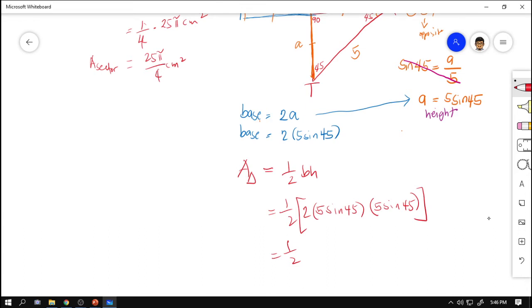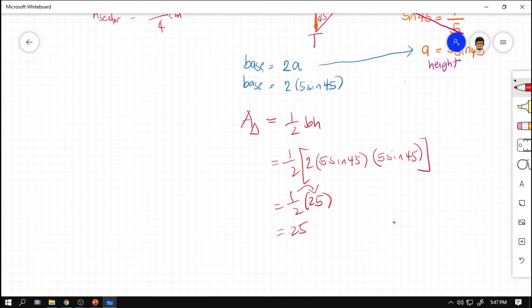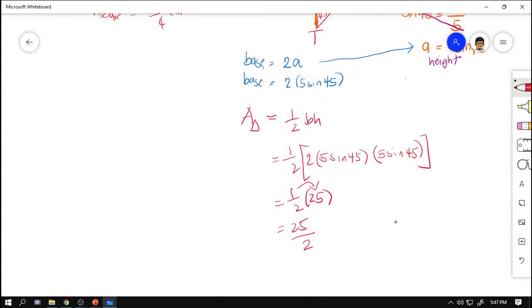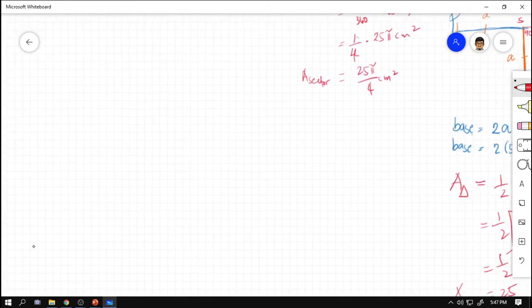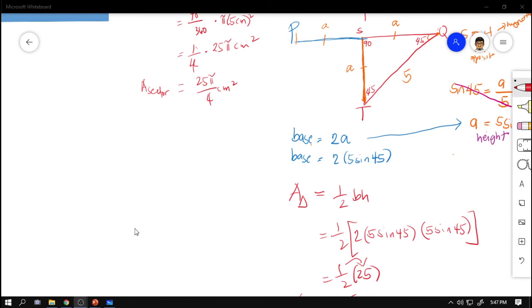Pwede mong gamitin yung calculator mo. 2 times 5 sine 45 times 5 sine 45 is equal to 25. So, pwede mo yung idiretso sa calculator mo. And 1 times 25, that is 25 over 2. So, that is now the area of the triangle. Okay? Now, as for the area of the segment,